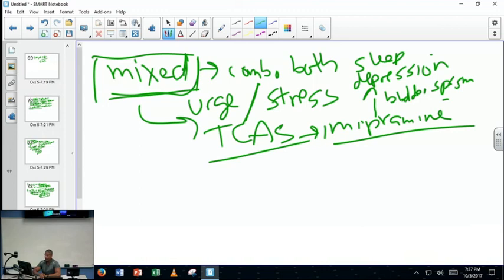Okay, mixed combo of stress and urge incontinence. Everything we just discussed. You can still use the duloxetine because it will help the stress incontinence. Unfortunately, again, you have to make a decision whether you want to send them to a urologist to put them on the drug, and that's what I usually do. If they demand the drug, I'll say, okay, you need to see a urologist. I'm not going to prescribe that for you. And now even a lot of urologists will not prescribe those drugs. Okay, so